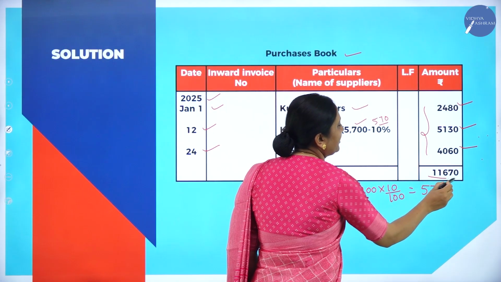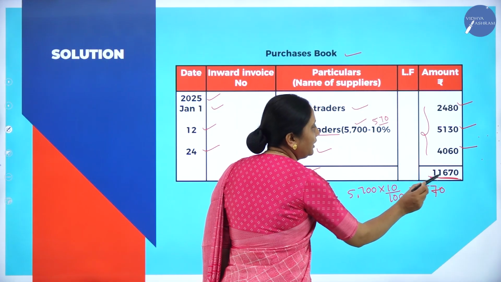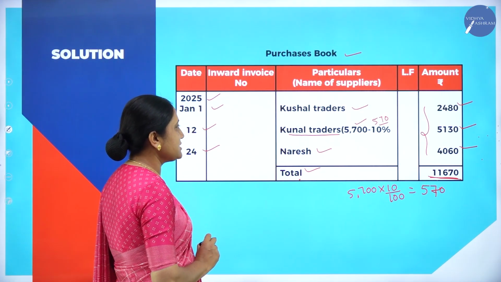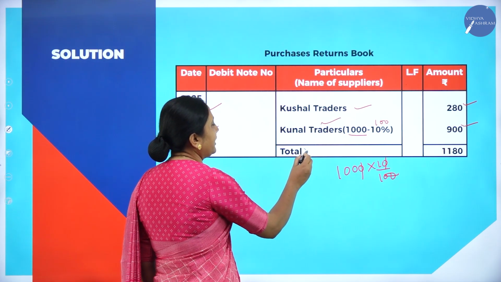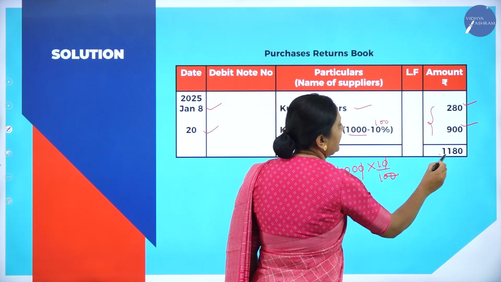We will write total here, purchases book total, and add all these amounts in the amount column. It is coming to 11,670. Write it as total. Okay, we have closed purchases book. Similarly, we will do purchases returns also. See here, we will write total here, and you add these two and write the total amount here. It comes to